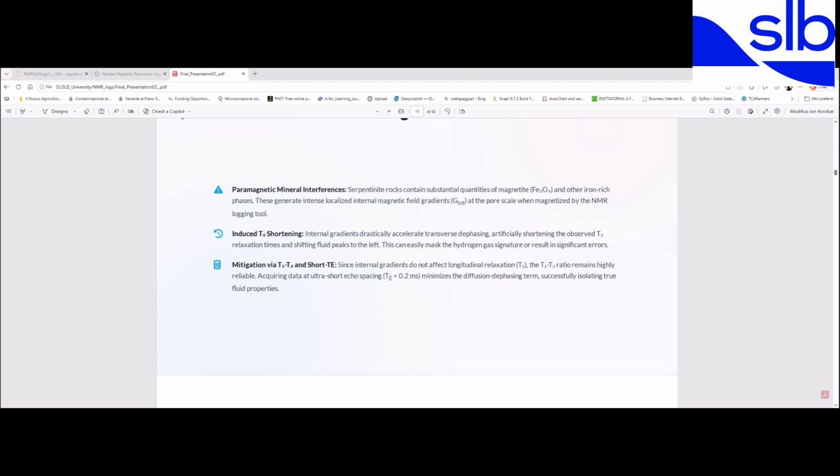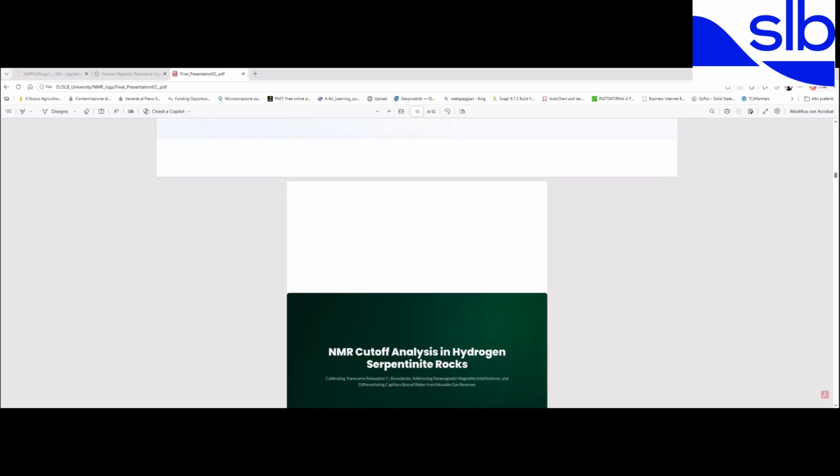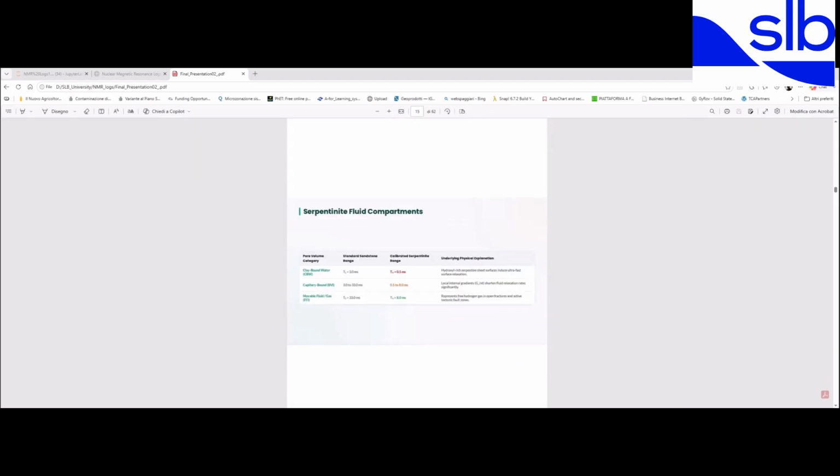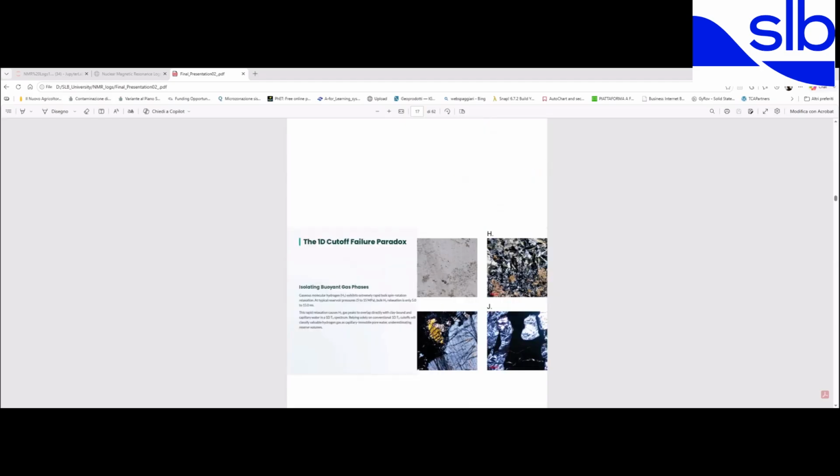So minimize the diffusion dephasing. When you have a minimum value of T2 relaxation, you can minimize the trouble from the diffusion of hydrogen, successfully isolating the true fluidic properties. I will show you the